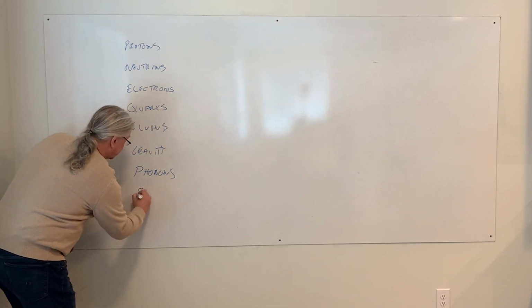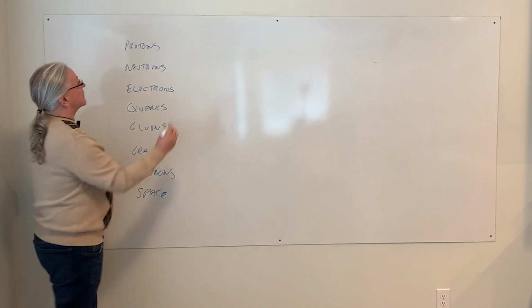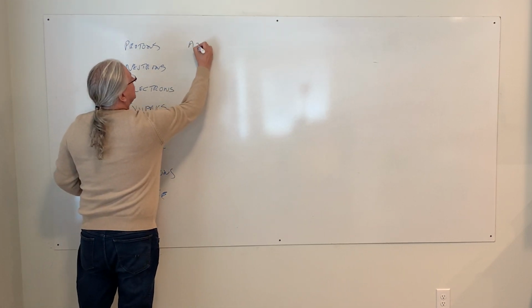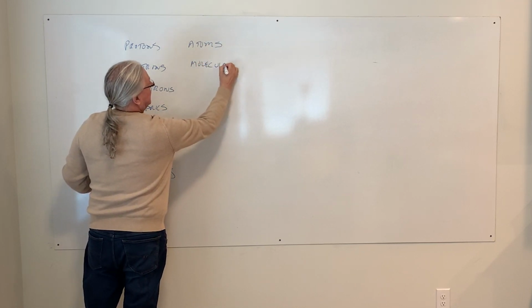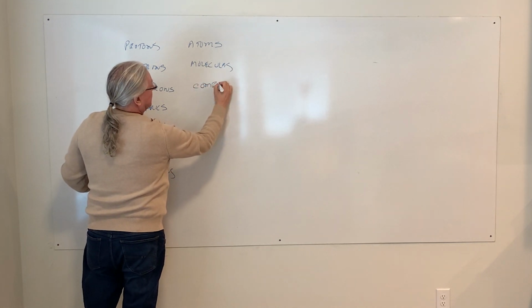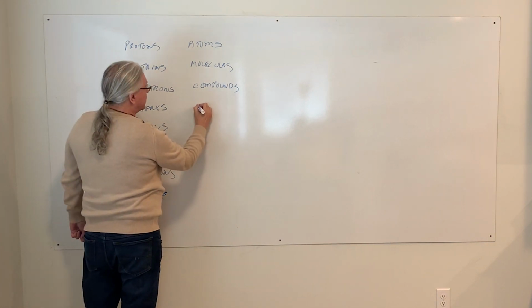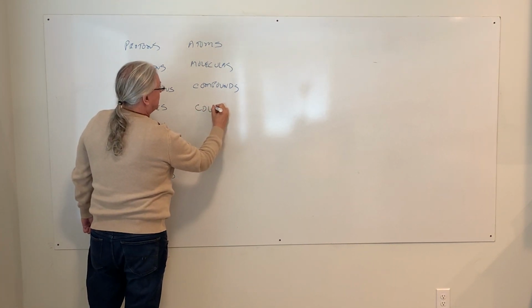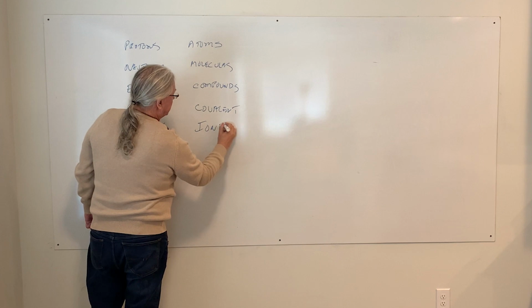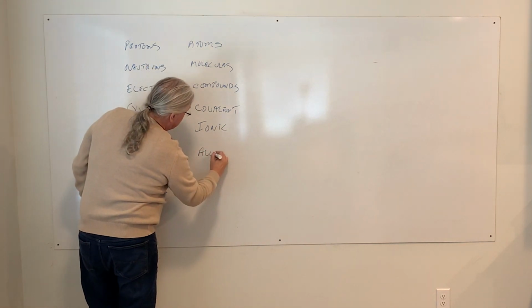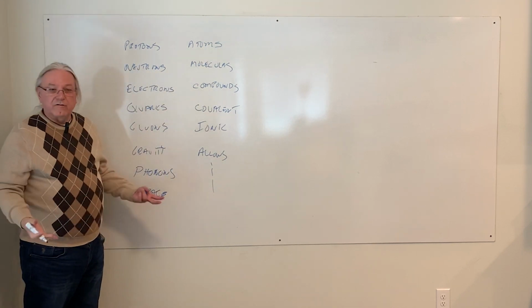We also have space. And this list can start getting pretty extensive because things come together. We now have atoms. We have molecules, compounds. We have kinds of bindings, covalent bonds, ionic bonds. We even have alloys. And the list goes on. In chemistry, along with compounds, we now have polymers.